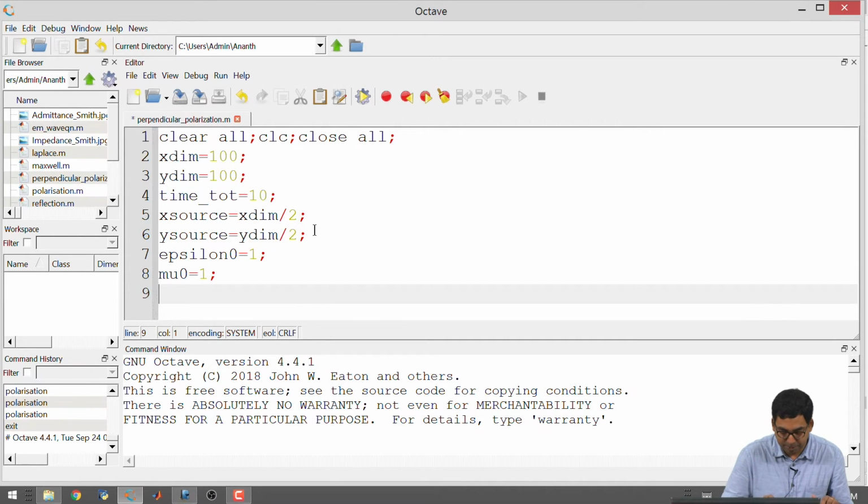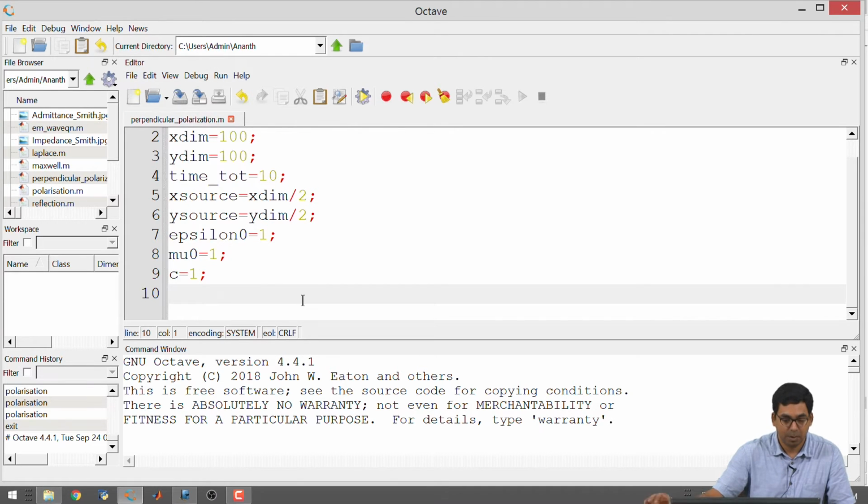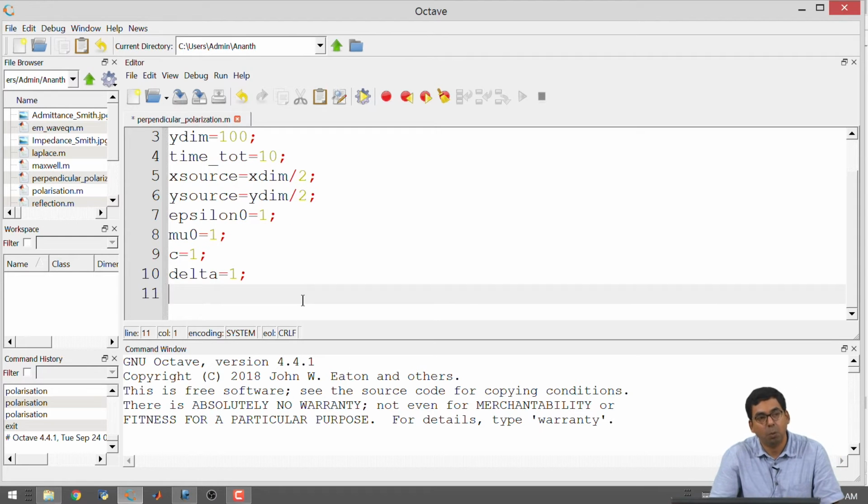Correspondingly, what this means is the velocity, right, in vacuum is made as 1, right. So, whatever velocity we are getting, we can normalize it to the vacuum velocity. Okay. I want to divide the space into a number of delta x and delta z. So, I have a 100 by 100 space. I want to divide it into some smaller regions, and we have called that variable as delta. So, I just want to make it as delta is equal to 1.